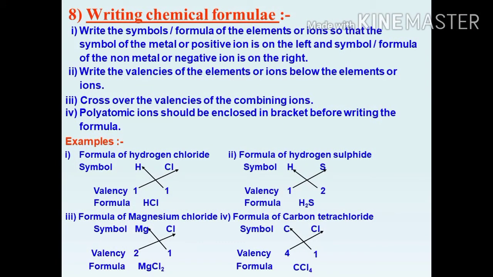Once again, listen, what is a valency? Dear children, in the center of the atom there is a nucleus. The nucleus contains protons and neutrons. In almost all atoms, the number of protons and neutrons is equal. Around the nucleus, the electrons are found. The electrons are located around the nucleus in the form of shells.